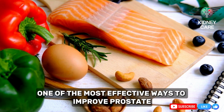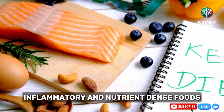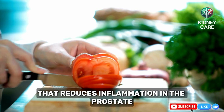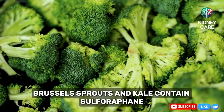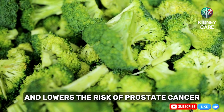One of the most effective ways to improve prostate health is by incorporating a diet rich in anti-inflammatory and nutrient-dense foods. Tomatoes, for example, are packed with lycopene, an antioxidant that reduces inflammation in the prostate and helps prevent enlargement. Cruciferous vegetables like broccoli, Brussels sprouts, and kale contain sulforaphane, a compound that supports hormonal balance and lowers the risk